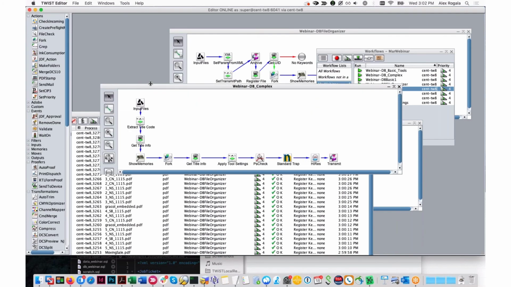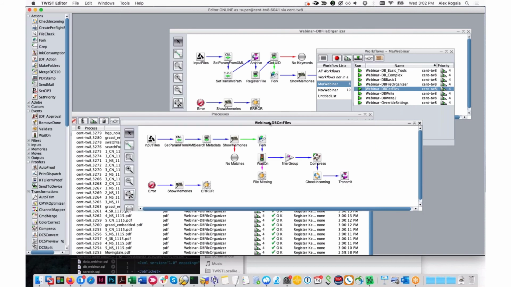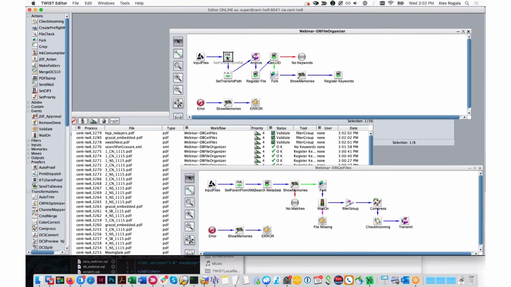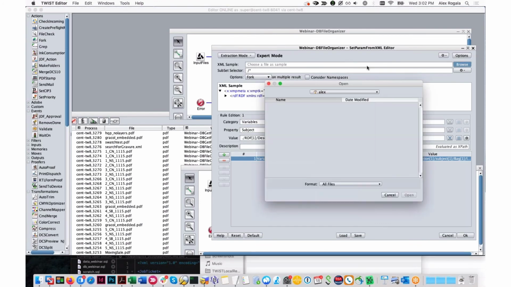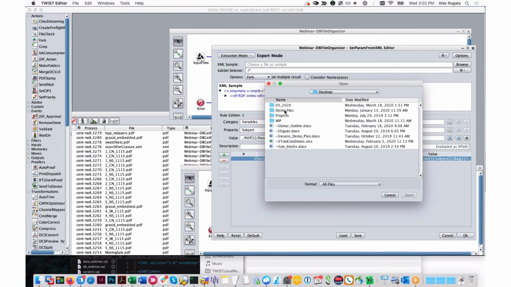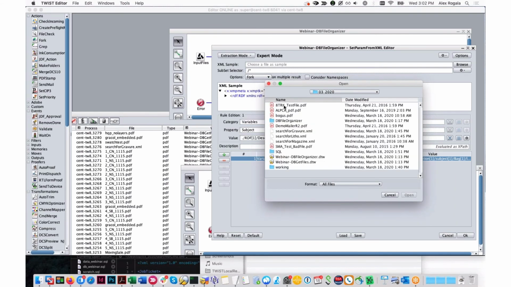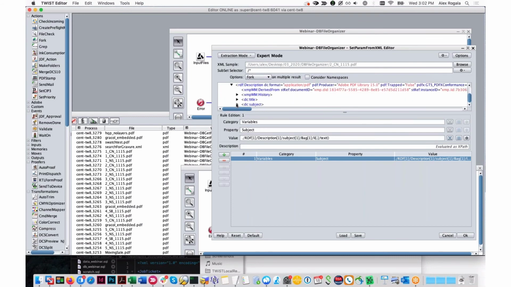So this first workflow we upload the files to. What that's doing is when a file comes in, it's looking at the XMP metadata associated with it. So if I go to desktop here, just browse. I won't focus on the from XML tool in here, but just to show you in the XML what I'm grabbing,